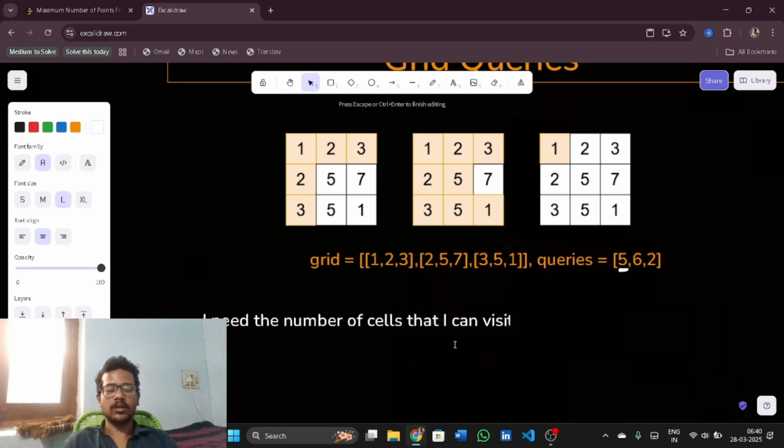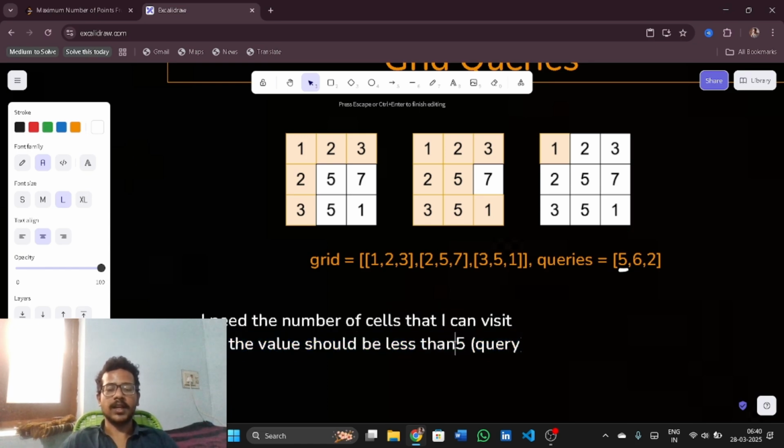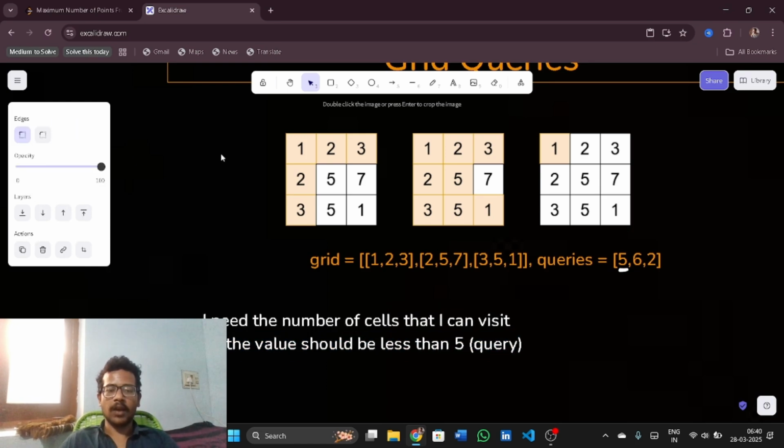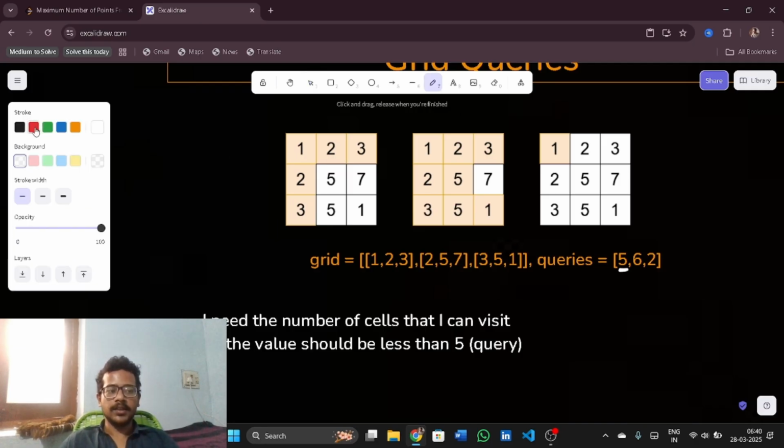Now let us see how many cells I can visit. I would start at the leftmost cell, 1. As I am starting with 1, and 1 is lesser than 5,